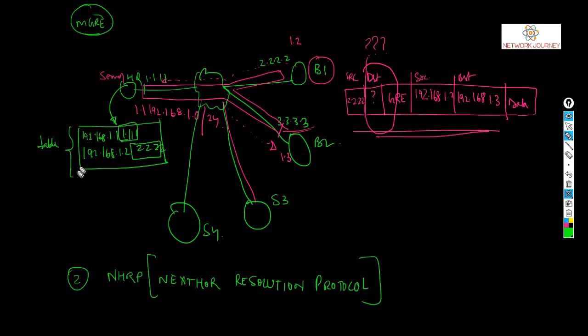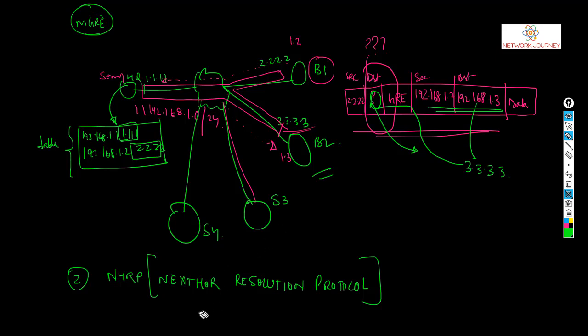Let's say you create this kind of table and put it in the hub. Now this can be looked up, right? So the traffic which is trying to enter the hub with this information can quickly see the table. It can see that 192.168.1.3 is mapped with this public IP, and immediately this will be put up here and the packet will be sent to the rightful spoke. That's the work of NHRP.